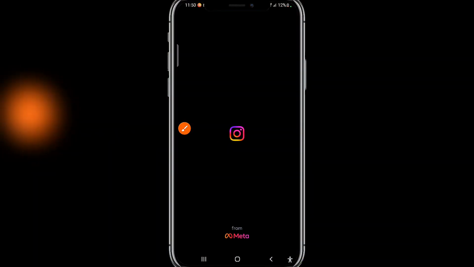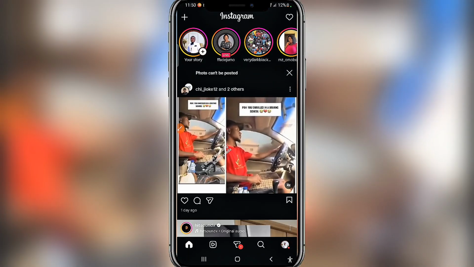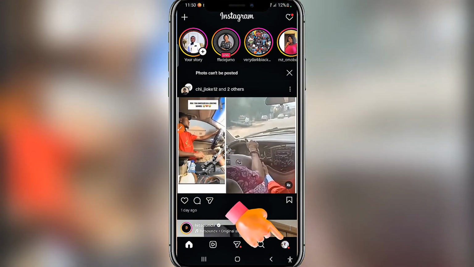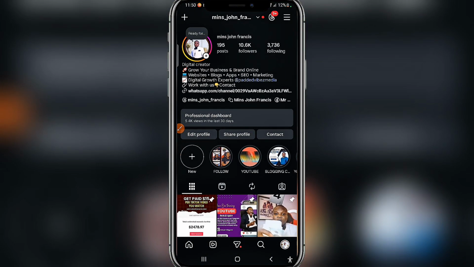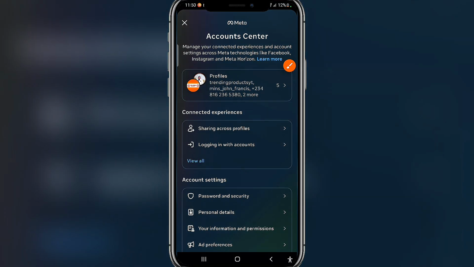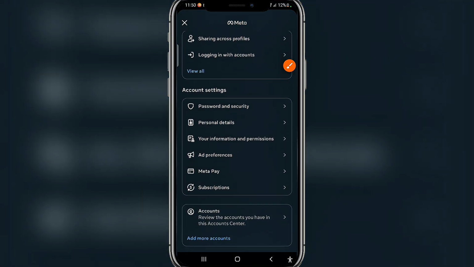Open the Instagram app on your phone. Make sure you're logged into the account you want to pause. Step 1. Tap your profile icon in the bottom right corner. Step 2. Tap the menu, 3 lines on the top right, select Settings and Privacy, then scroll down to Account Center. Step 3. In Account Center, tap Personal Details,